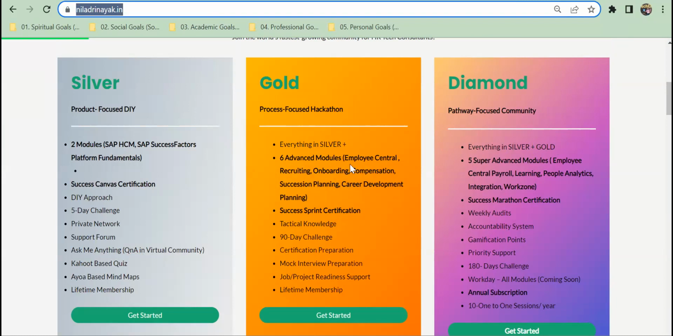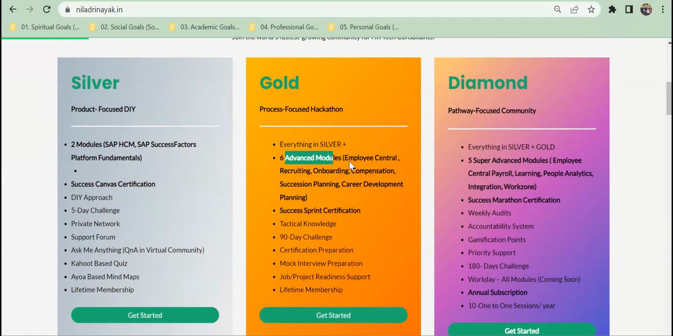So now I will be adding here. There are 6 advanced, I'm saying PM, now it will be 7 actually. So EC, recruiting, onboarding, compensation, succession, career planning, and also the PMGM will now be included here in the